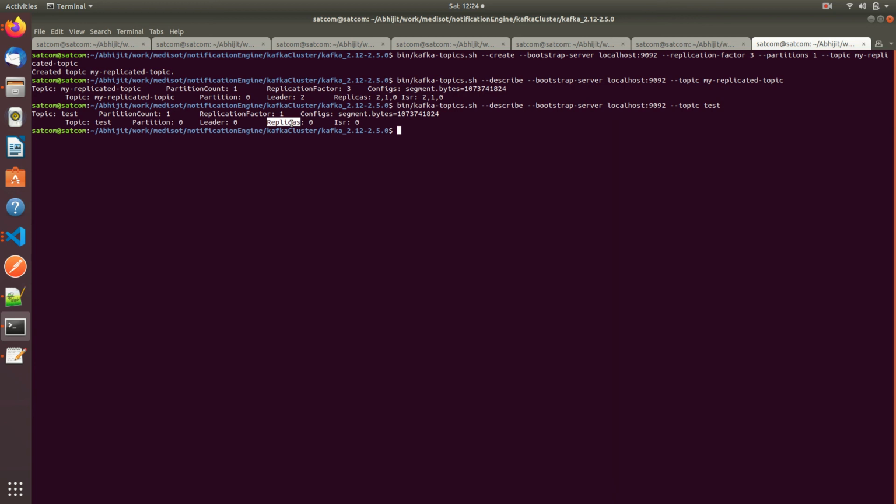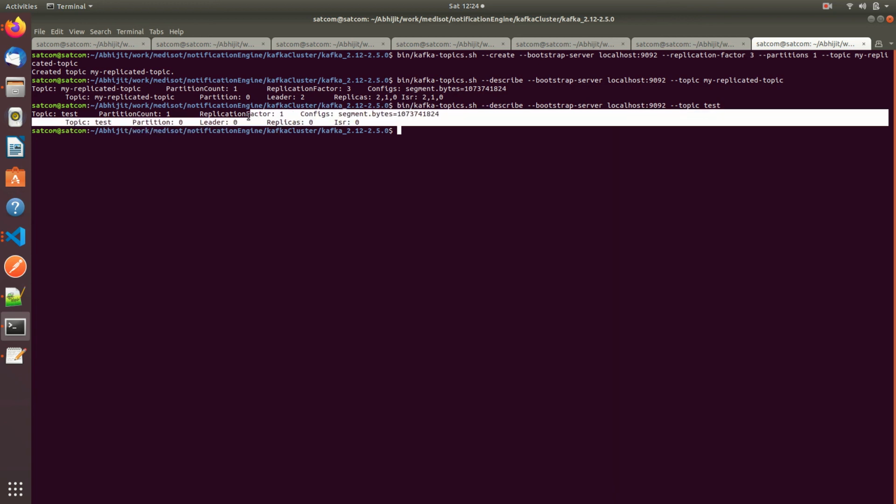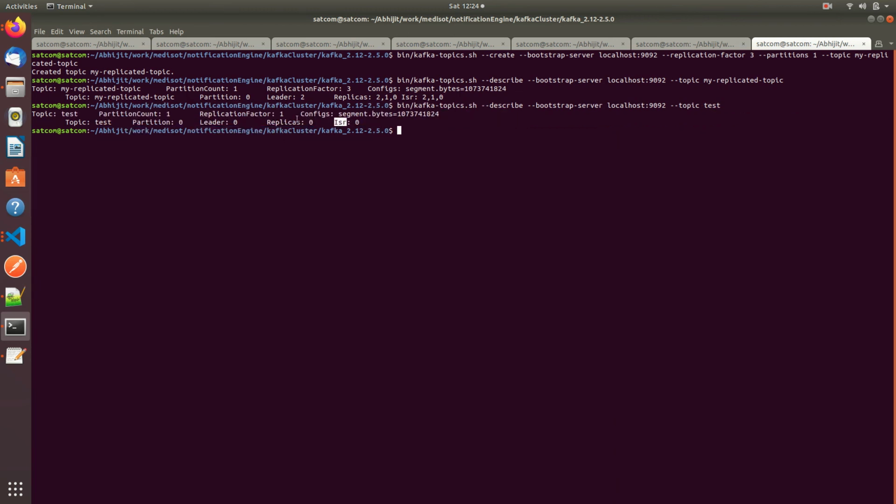ISR is the set of in-sync replicas, the subset of the replicas list that is currently alive and caught up to the leader. This needs a bit more explanation, but for setup purposes just remember: the leader is the node responsible for all reads and writes for given partitions, replicas is the list of nodes that replicate the log, and ISR is the set of in-sync replicas.